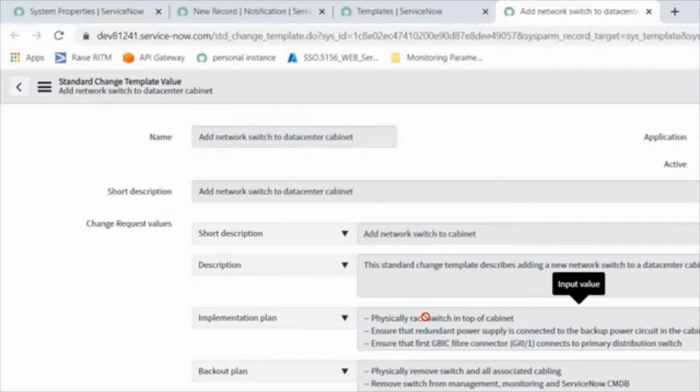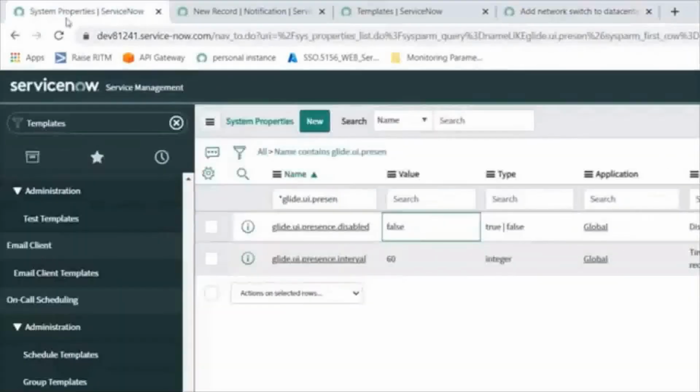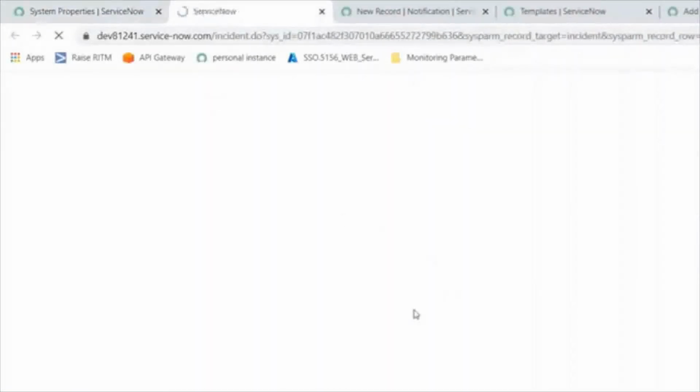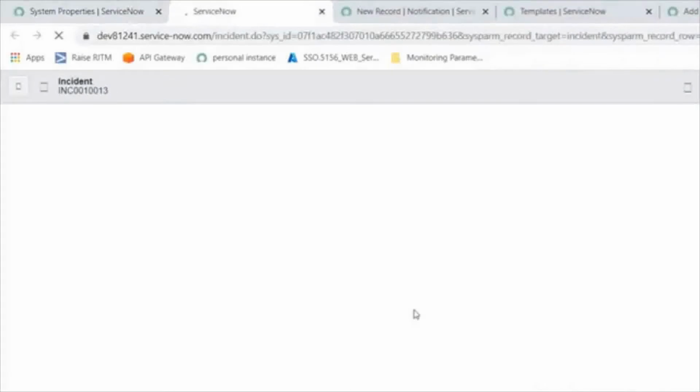Some third party tool, Jira, is there. They are building their code on Jira, and they have these functionalities, but they don't have any functionality for when a ticket is assigned to a particular person. Let me open one incident as well.